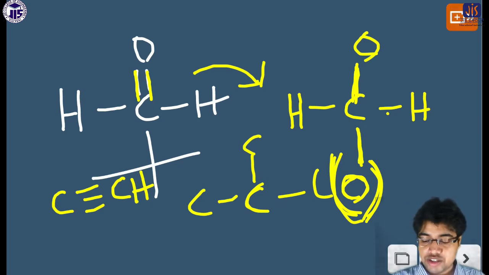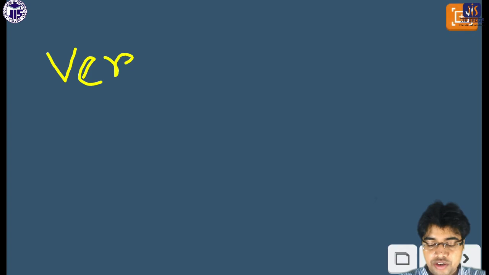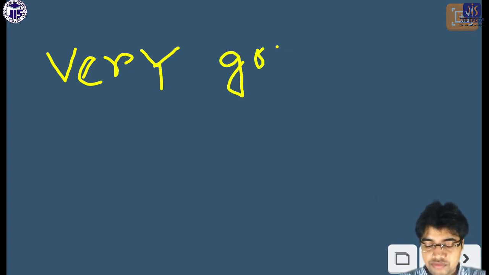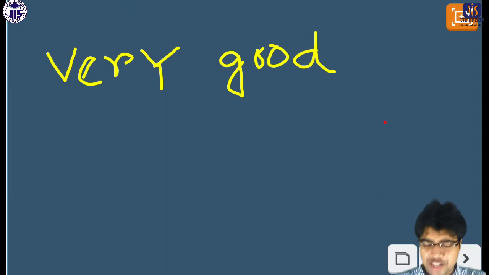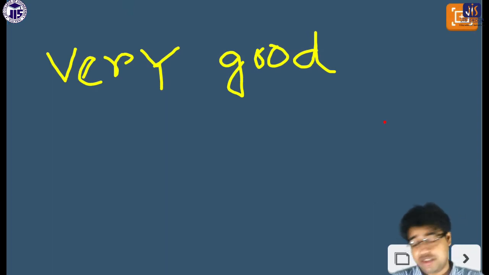Now come to the RS nomenclature. There is a rule, I will tell you the rule. Just keep in mind that the rule is actually called a very good method. Why am I calling it a very good method? It is for trick purposes. Actually, there is no hard and fast rule for these things. So very good method means here concentrate on Y and D.